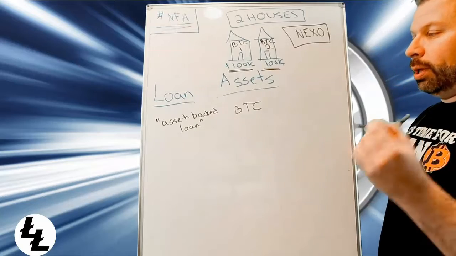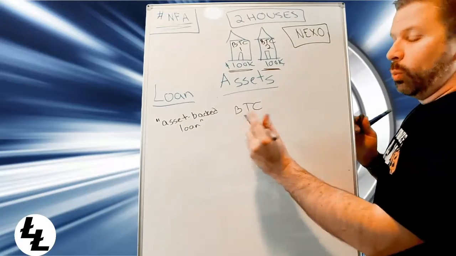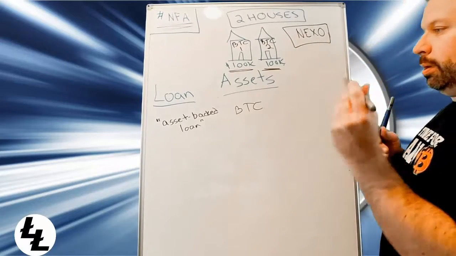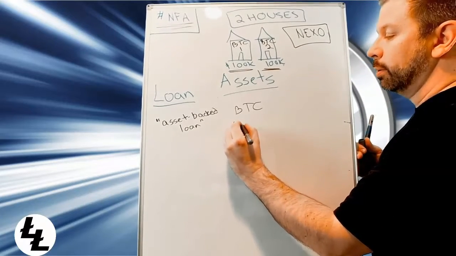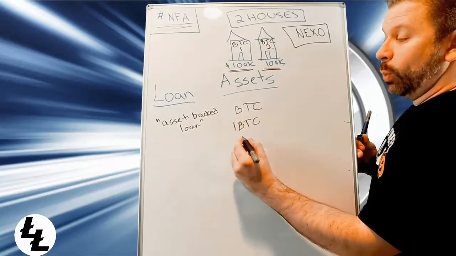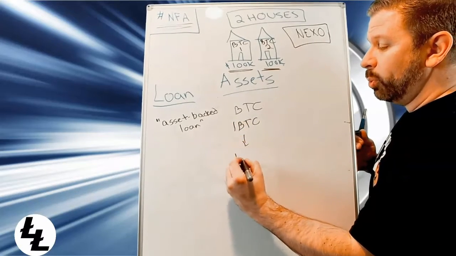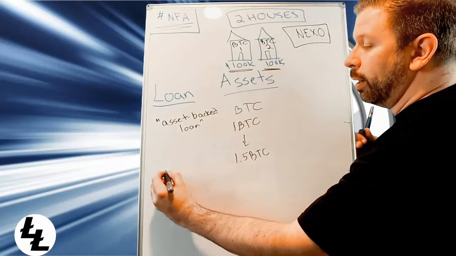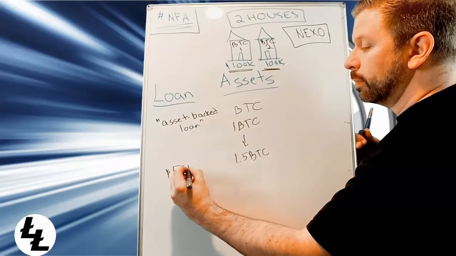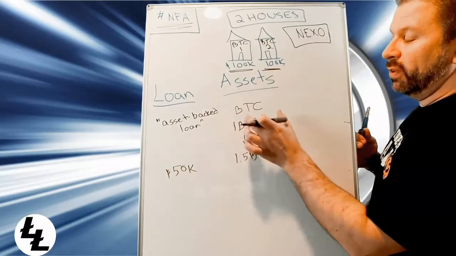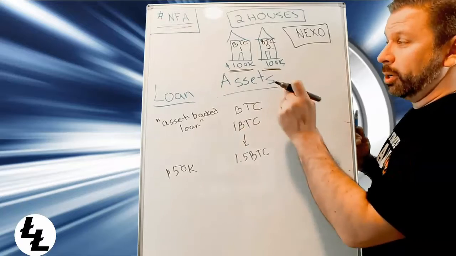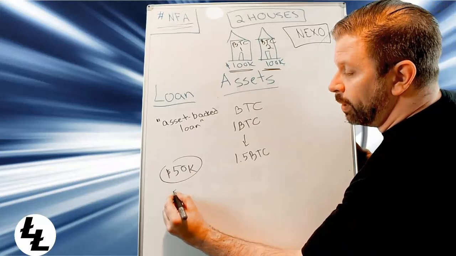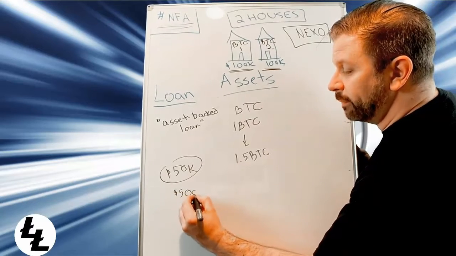And in our example in episode 2, we wound up with 1.5 Bitcoin. We started with 1 Bitcoin, and when we concluded, we actually had 1.5 Bitcoin, and we wound up with a loan of 50,000 because we borrowed 50% against that Bitcoin, and the Bitcoin's worth 100,000. So we have a loan of 50,000, and we have a payment of roughly, I am just ballparking this, $500 a month.